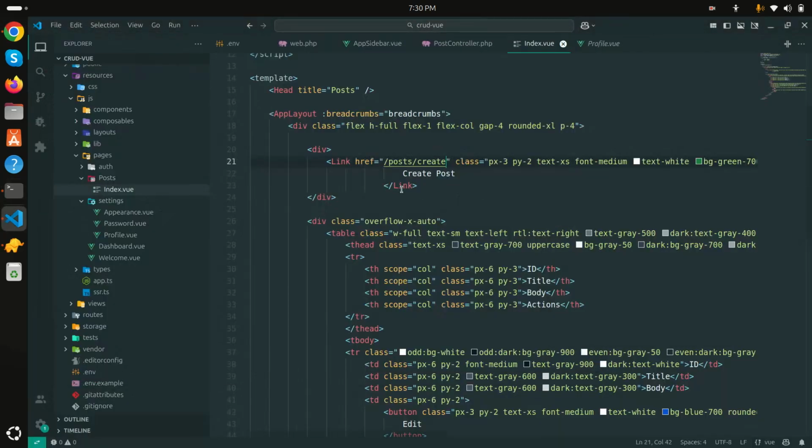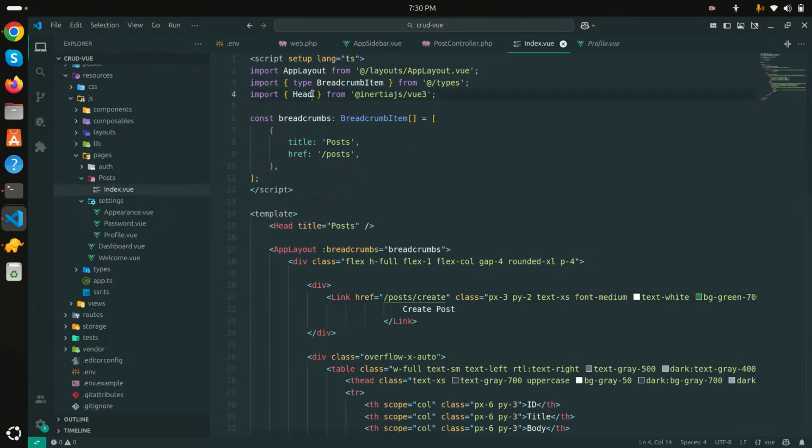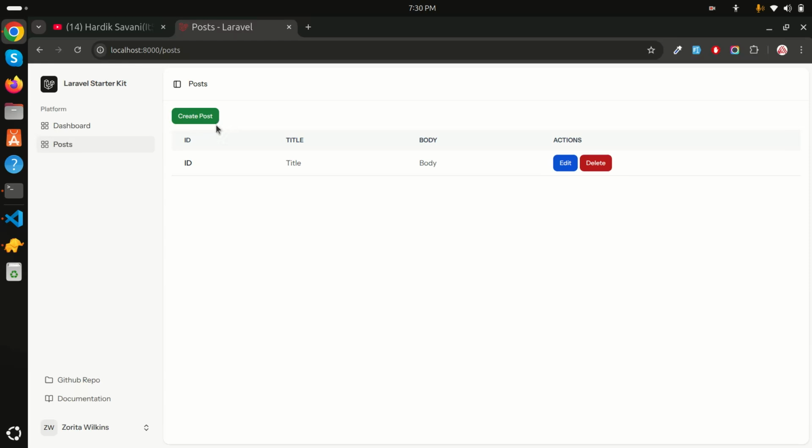Why has that happened? Because I have not used Link over here. Because Inertia Vue 3 provides the Link attribute, you can see now it's coming, and if I hover over it, you can see that post/create. Now if I click on it, that should open the new form where the user can input the